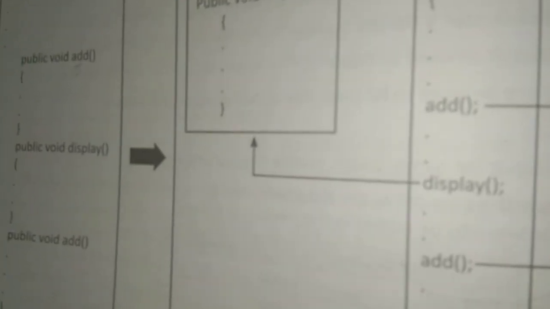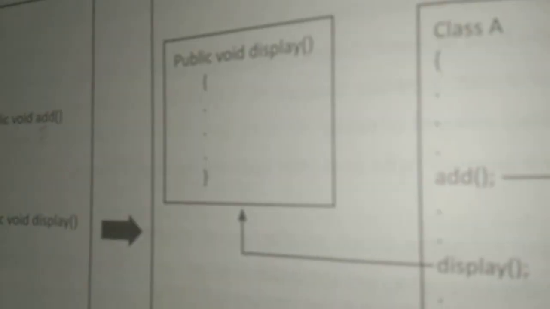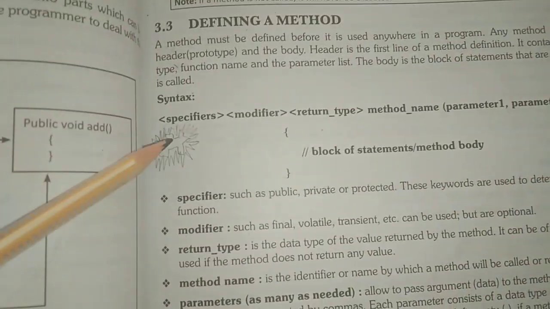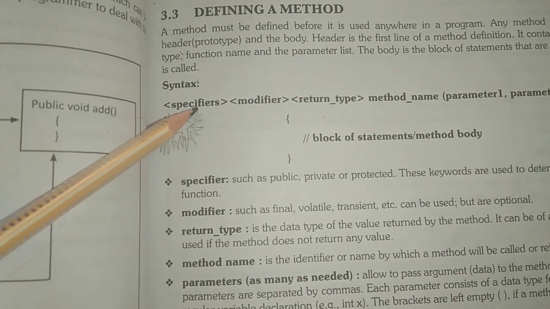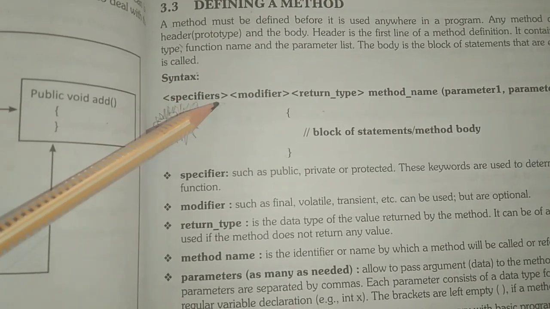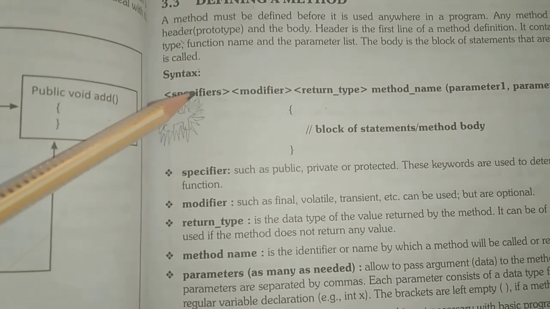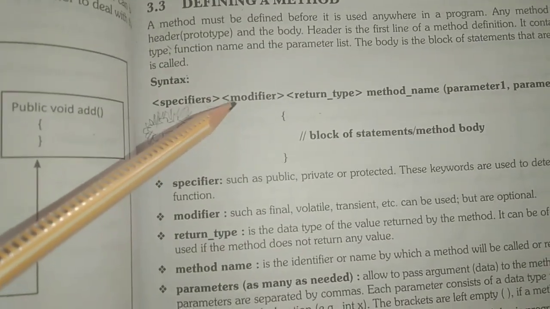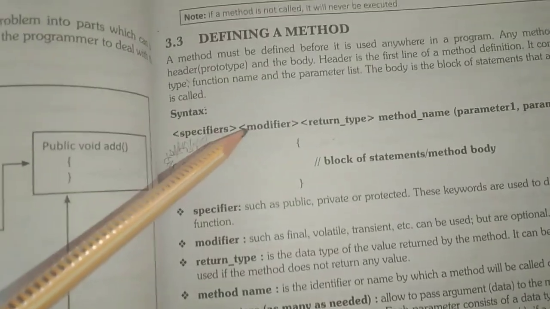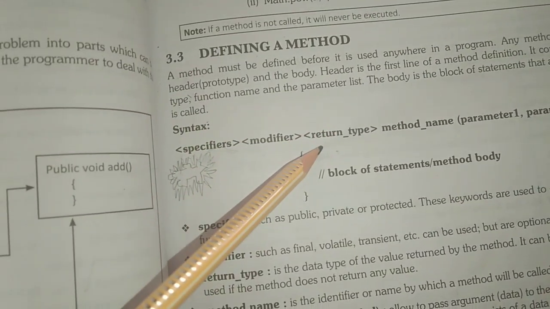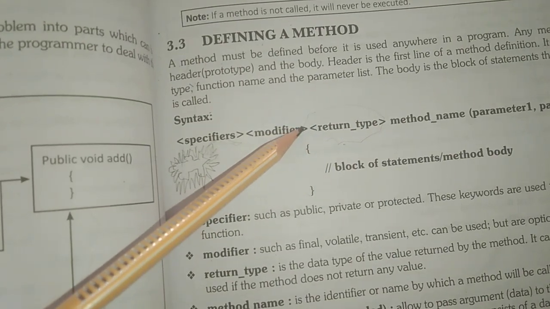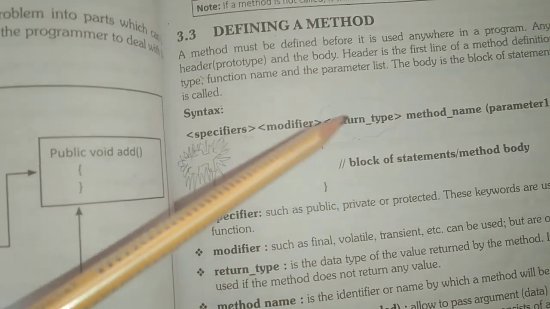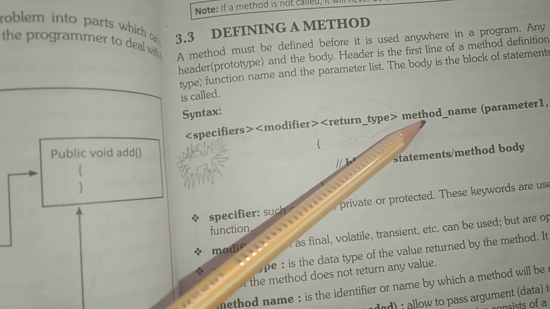Information can be passed to a method through parameters. I will explain this with an example. This is the syntax for how we can write a method. First, the specifier: we can write public, private or protected. The modifier means either it is a final method or a static type, that is a fixed method. The return type is any type of data for which your method returns a value. This type of value will be returned by this method.